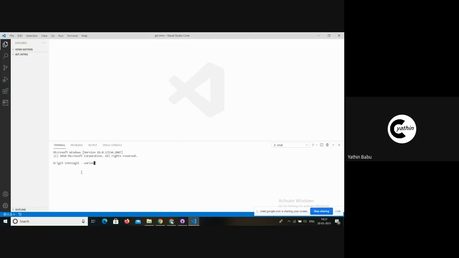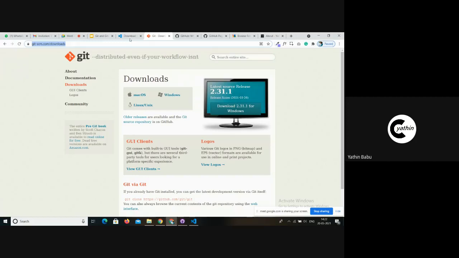Before getting anything done in the empty folders we are working on, we need to check the version. Right now I'm working on Git version 2.31.1, and as you can see, we have the latest version.